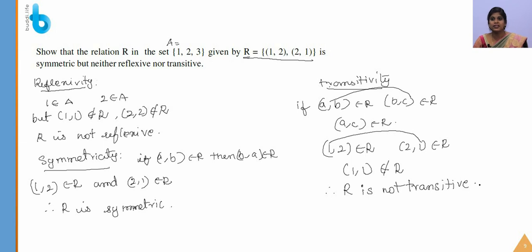So guys, we learnt the conditions for a relation to be an equivalence relation, that is, reflexivity, symmetricity and transitivity, and we have applied this in a problem and got the result. I hope you understand the concepts and definitions we learned now. So we will move on to the next topic.